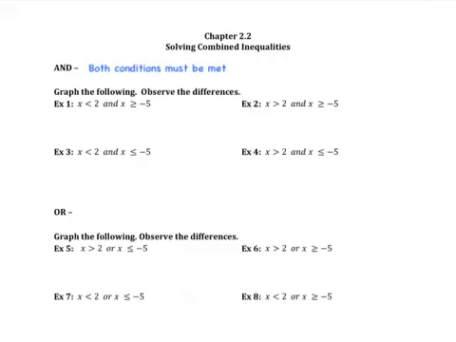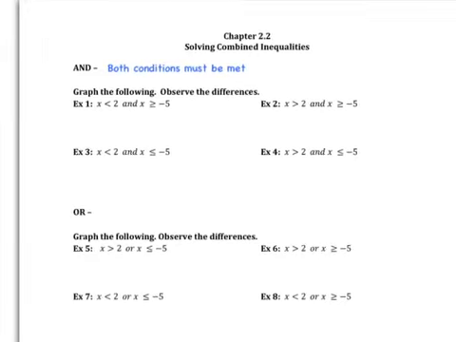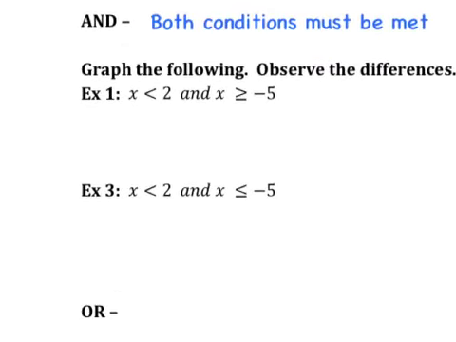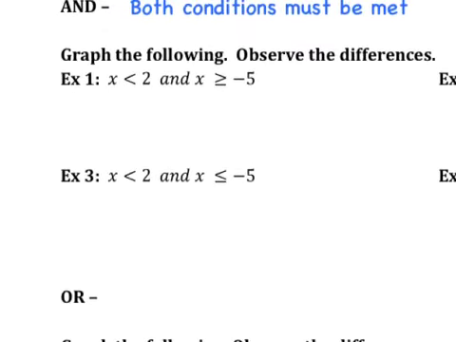We're going to begin combining inequalities now, and we have two different kinds of inequalities. We're going to be discussing first the condition where both inequalities must be true, as in both sets of numbers that make one true must make the other one true at the same time. So we're going to begin with that. With our first example, we're going to be talking about x less than 2 or x greater than or